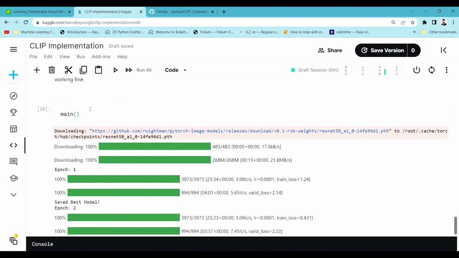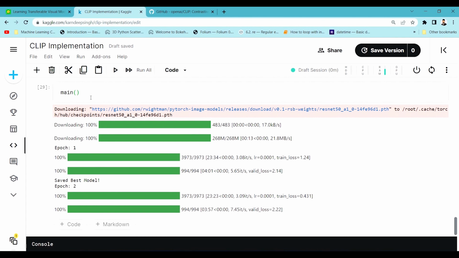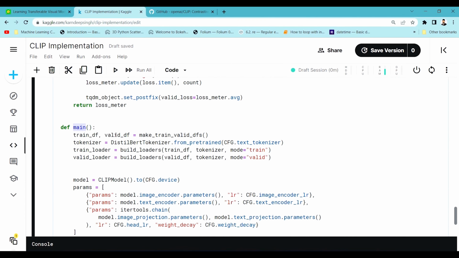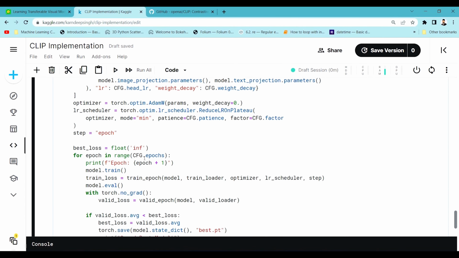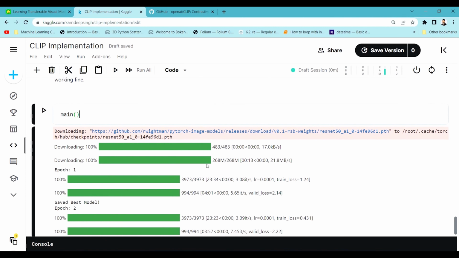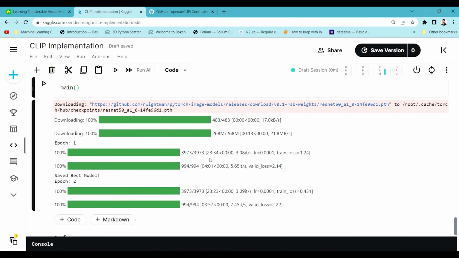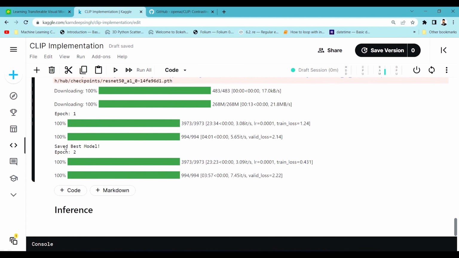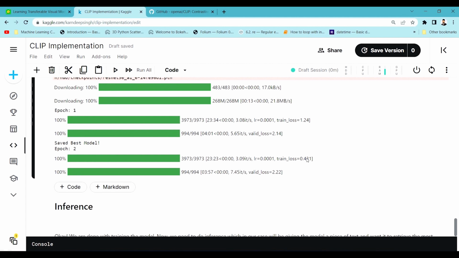And now we'll train this model by running this particular main function. Once we have this main function ready, we can just run it. Before making this video, I ran this code. Because it takes a lot of time to train, you can see it takes like 23 to 24 minutes for a particular epoch to run. So I trained it already for this demo, and you can see the loss has converged to 0.431